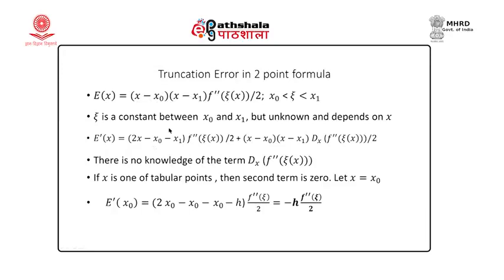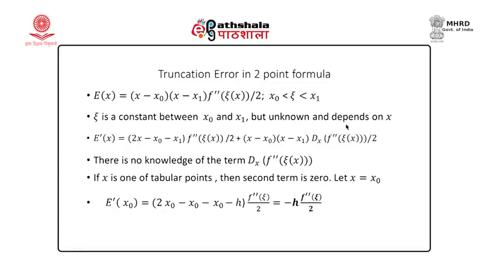So, derivative of x is 1, we get x minus x0 plus x minus x1 in the bracket. And x0 x1 is a constant, whose derivative will be 0. So, the derivative of this product is 2x minus x0 minus x1 by 2 as it is, and this term as it is f double dash xi x, plus now x minus x0 into x minus x1 as it is and upon 2 as it is, and derivative of second derivative of f at the argument xi. So, d/dx, derivative with respect to x of f double dash xi x.